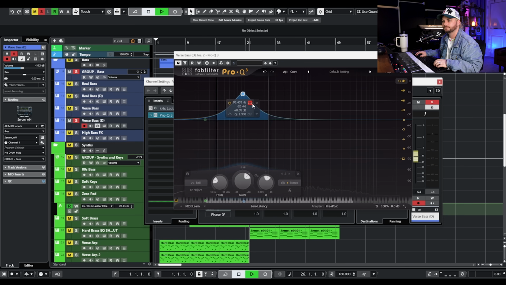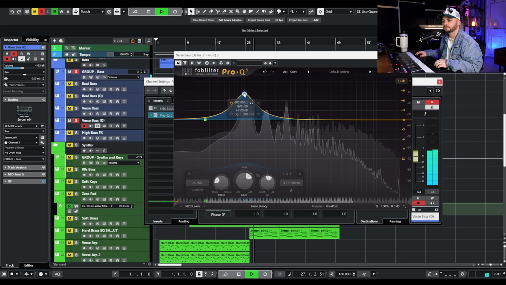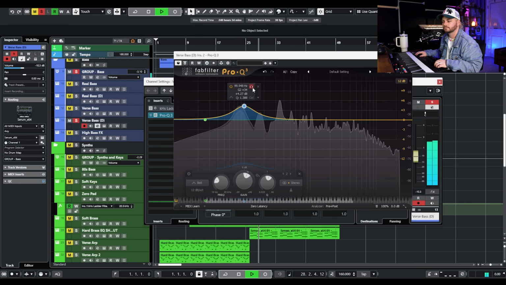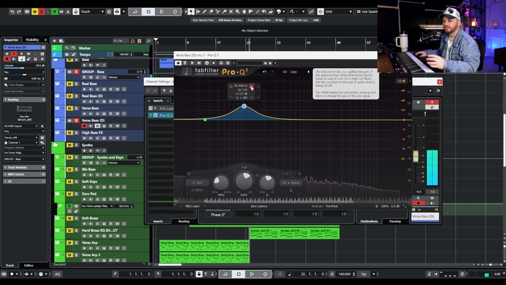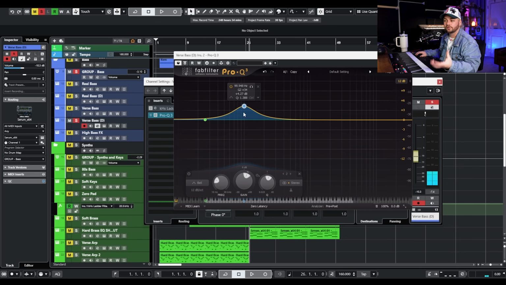That's kind of subby. That's kind of lows. This doesn't have a ton of sub information. So if I were EQing this, I would really focus on this low section right here, between like 80 and 160. Then when I get into low mids,